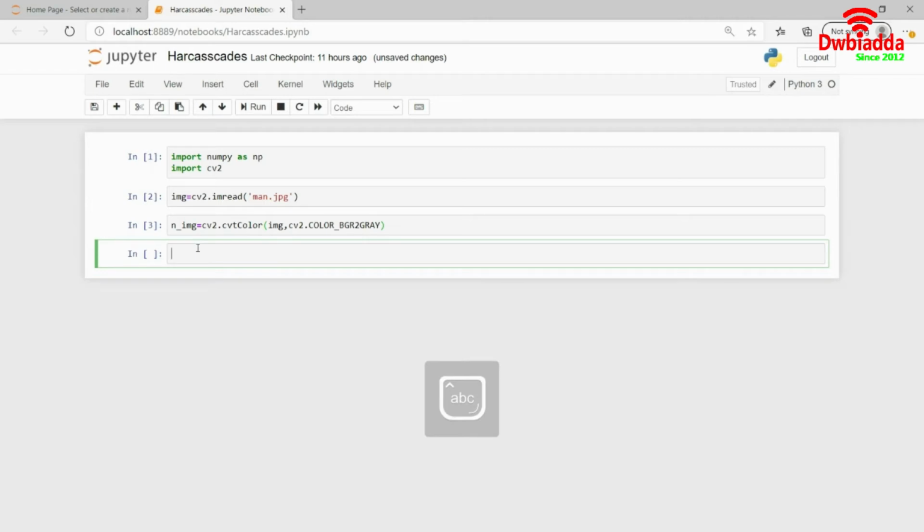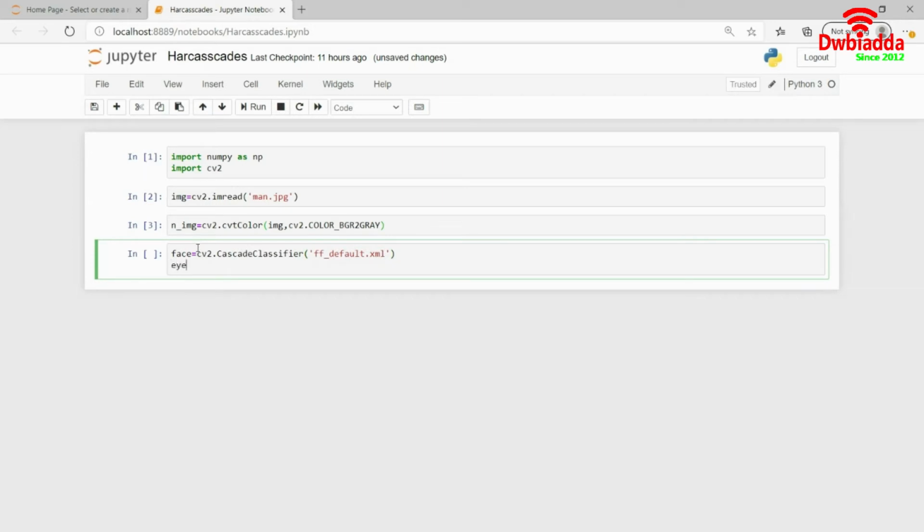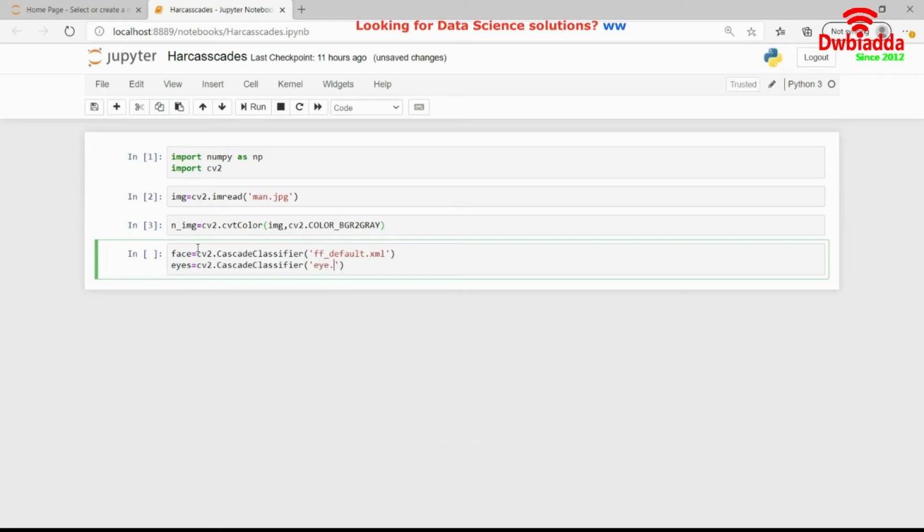For this, I will require two Haar cascade files: the face Haar cascade file and the eye Haar cascade file. So cv2.CascadeClassifier, with ff_default.xml, which is the Haar cascade file for the frontal face default, and eyes equals cv2.CascadeClassifier with eye.xml, which is the default file for the eye.